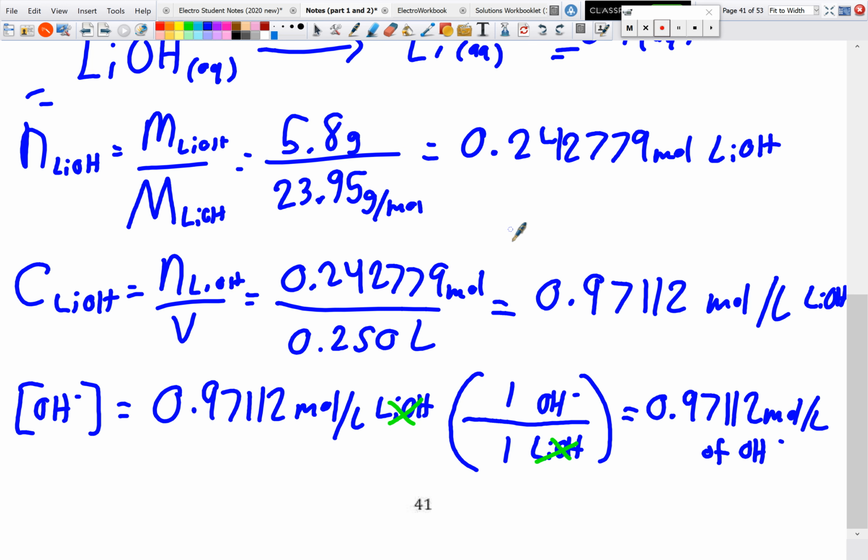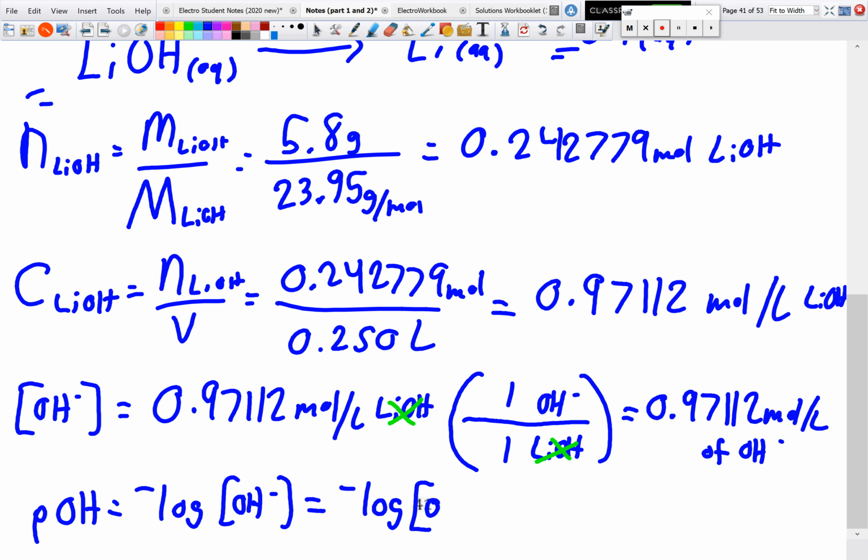So one more step. I know this seems like a lot, but we've done these before, where we write out the balanced chemical equation, find the number of moles, find concentration, then the concentration of the ion. So really all we're doing is just adding our last step, pOH is equal to negative log of the concentration of hydroxide. So we go negative log of 0.97112 moles per liter, and we are left with